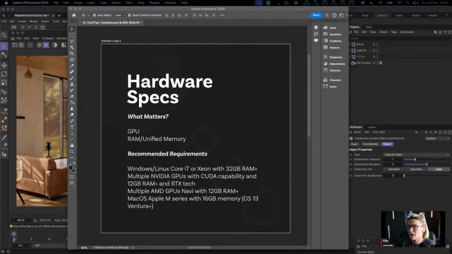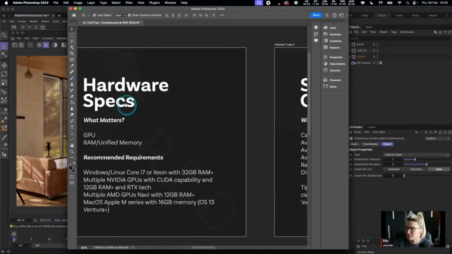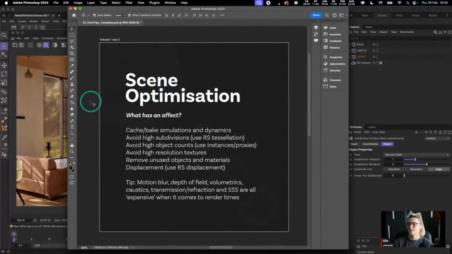But sometimes we might not be able to upgrade our hardware, or we might not be able to change this. So what are the things that we can actually begin to change that will affect our render speeds? And this is where we can look at scene optimization. And this is going to be DCC specific. So some of this is just some of the things inside of Cinema 4D that will have an effect on